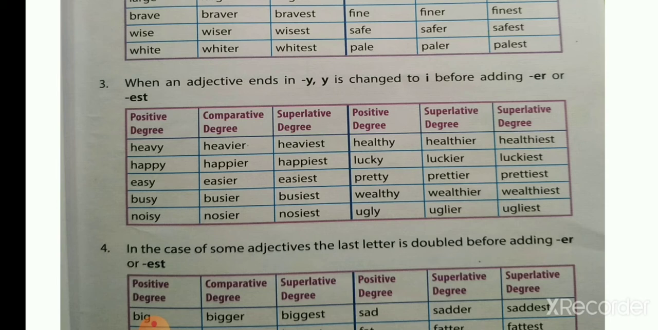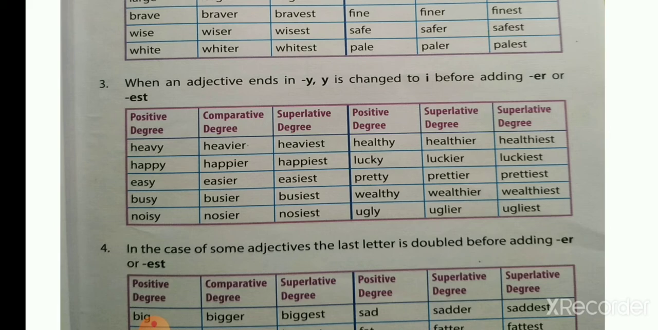Busy, busier, busiest. Noisy, noisier, noisiest. Healthy, healthier, healthiest. Lucky, luckier, luckiest. Pretty, prettier, prettiest. Wealthy, wealthier, wealthiest. Ugly, uglier, ugliest. Got it, children? In the words which end with Y, the Y gets eliminated and the letter I is added before adding